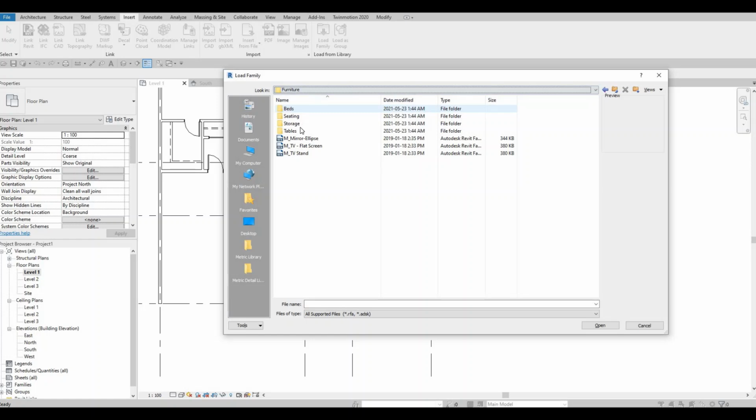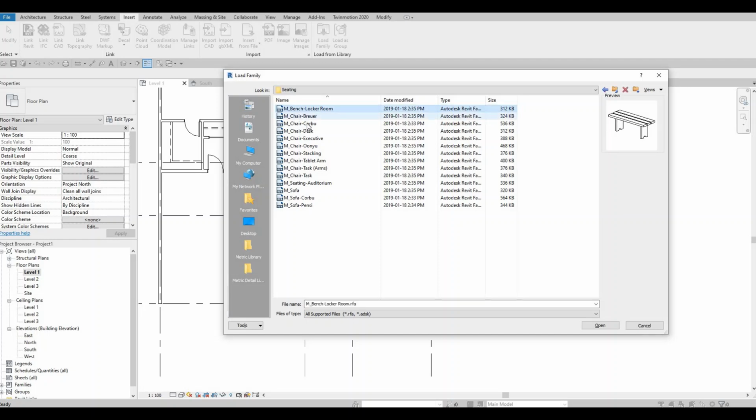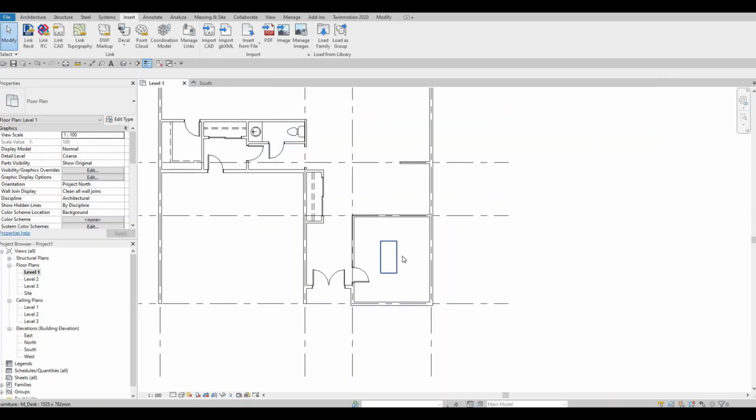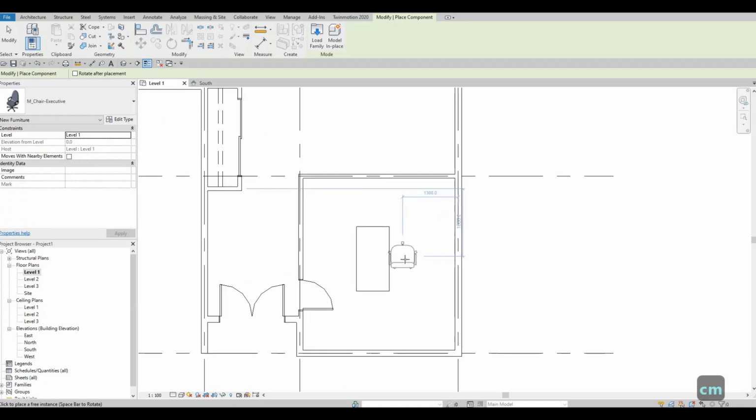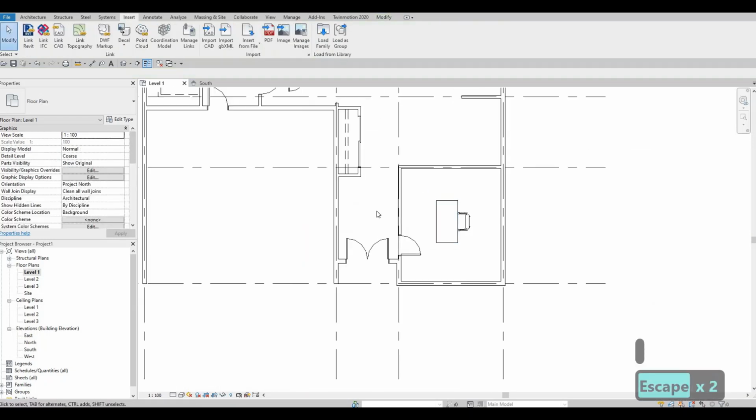And then let's load a chair. So seating. And let's look for the one for this one, the chair executive. And then here you can just type in CM, and then let's add it like that. We could add here